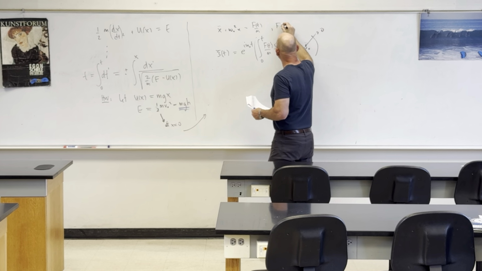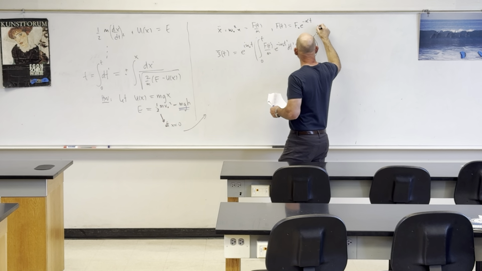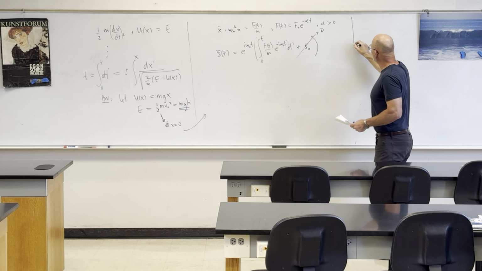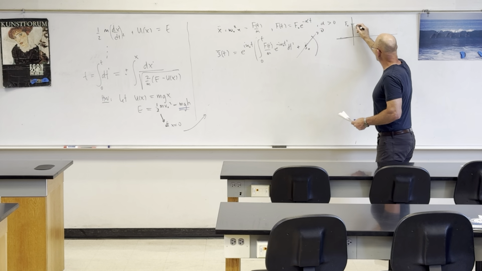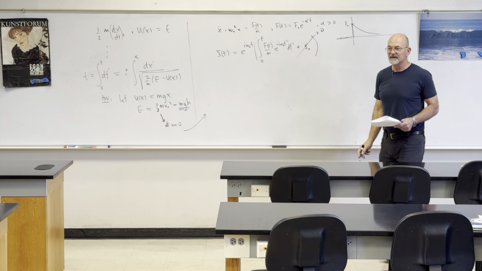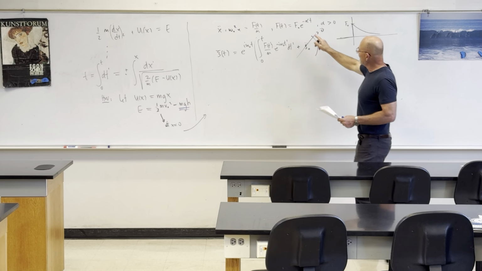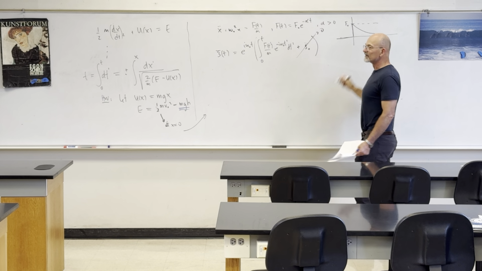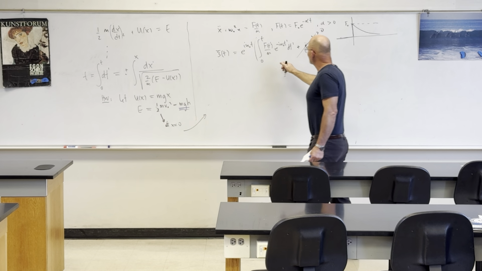So our f of t is f naught e to the minus alpha t. Alpha's naught. Yeah, so first of all, you want to remember what's going on there. You've just got a force that started at t equals 0 and is decreasing exponentially. So that has some interesting limiting cases, though, because if alpha is 0, then it's just a constant force, which is what we've done before. Now, when you integrate this thing up,